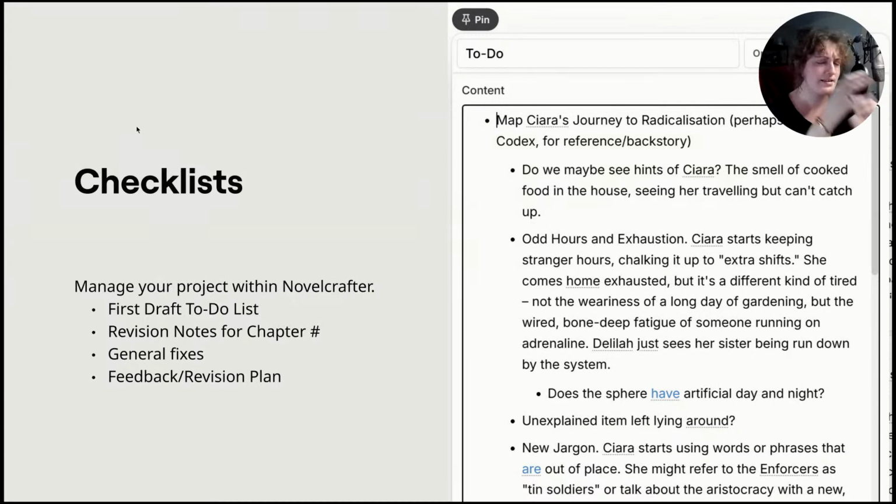So this, which I think is probably something that would feel intuitive: checklists. I love managing my project within Novelcrafter. So if I've got plot lines that I want to keep in mind as I'm writing, or revision notes for a specific chapter as I'm reading it to edit, I might put them in a snippet. You can also do it in a codex for revisions or sections, all different ways. You could do general fixes, a feedback revision plan, comments from people who are looking at it. If you are on the specialist plan and you're co-working with someone, you might have a snippet of things that you're both going to do, and you can always then